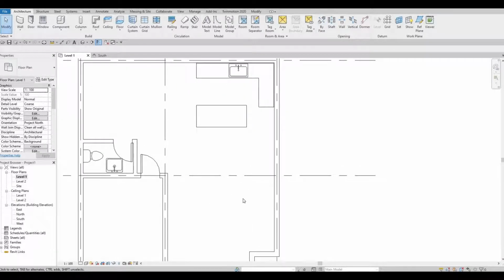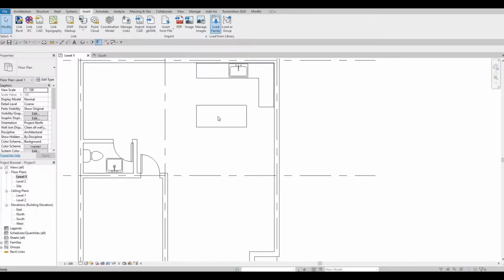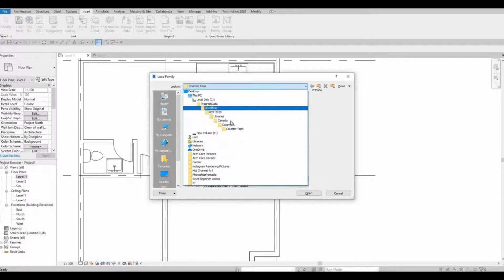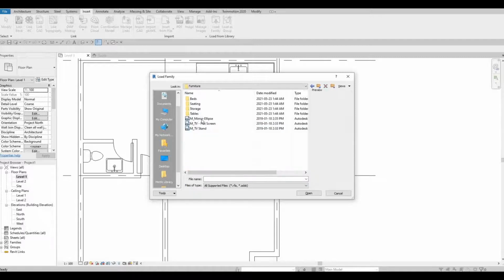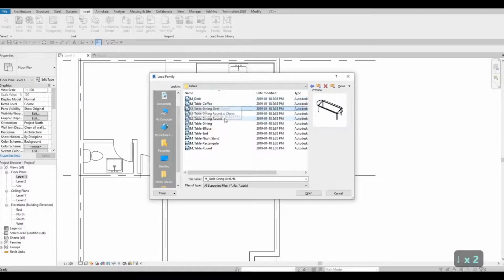Next, let's insert our dining room or dining area. So we're just gonna insert some tables or furniture. So click insert, load family, go back again, and then here go to furniture, and let's add in some tables, and then after that let's add in the chairs. I like the glass one, so let's use this. Press open,